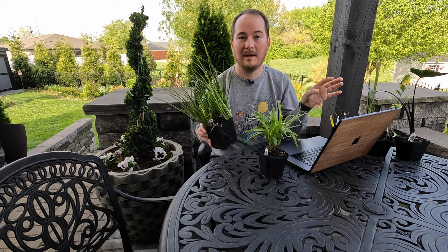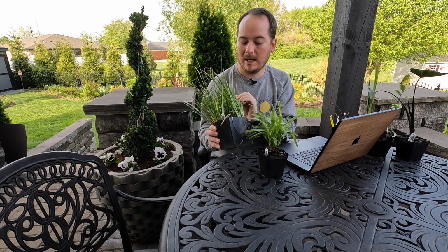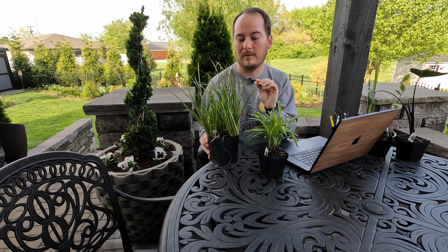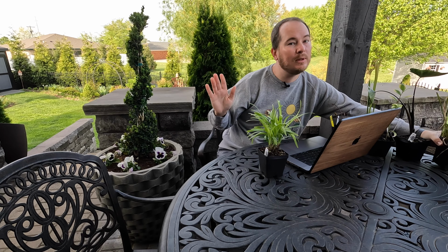So we're betting on that slowly, but you can see the new foliage has more of a stripe down the center of it, so it'll be kind of variegated, but it's going to be a really nice texture, I think, up front too. And as long as it grows slowly and we can remove it from time to time as it gets a little bigger than we want, or spread it around the garden if we really like it, that's great. The last one that I'm going to show you is a liriope called PD ingot,